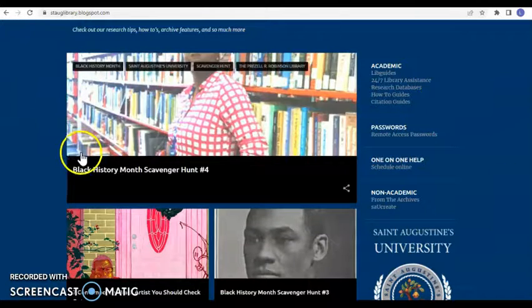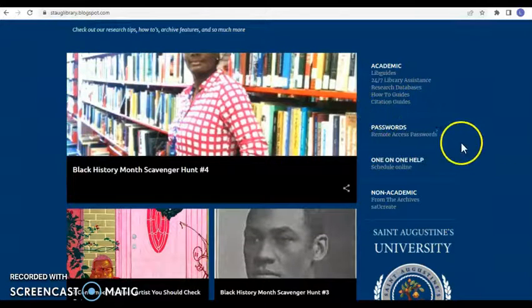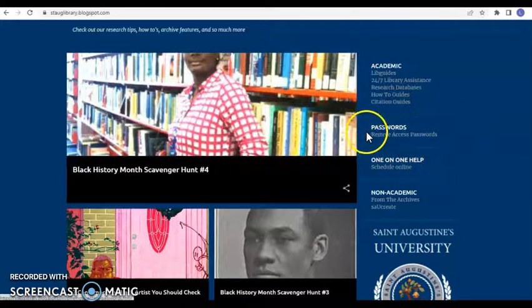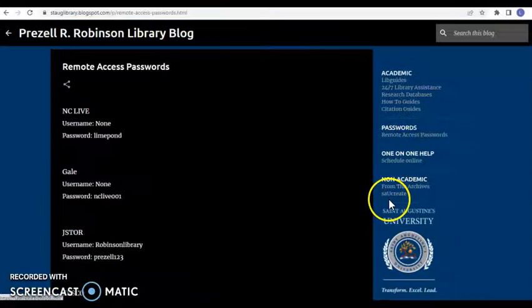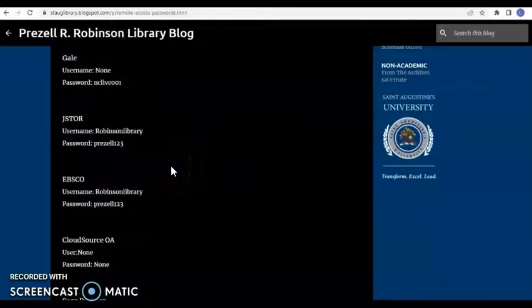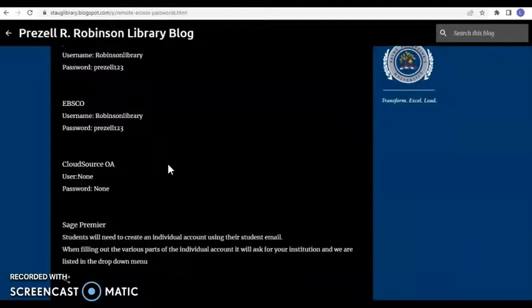Moving down the blog page, the next item that we're going to take a look at is under the password section. Now, if you'll take a look, there's only one item available under the password section, and that is remote access passwords. Some of our databases will require you to enter a password. Here's where you can